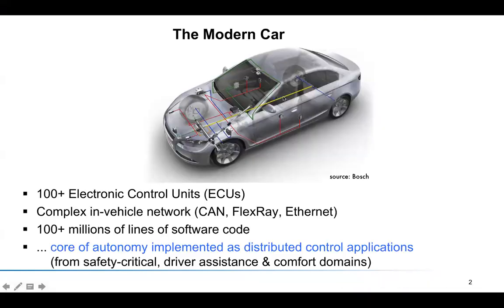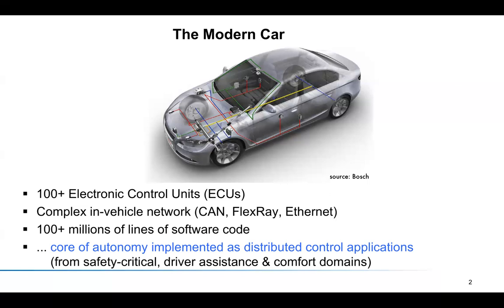Okay, so given that I come from Germany and from Munich, I have had quite a bit of collaborations with the automotive industry, the German automotive companies, and now I have multiple projects with General Motors. So a lot of what I'm going to talk about, the more recent work, is done in collaboration with GM. So currently, if you look at any modern car, these cars have between 100 to 200 electronic control units,